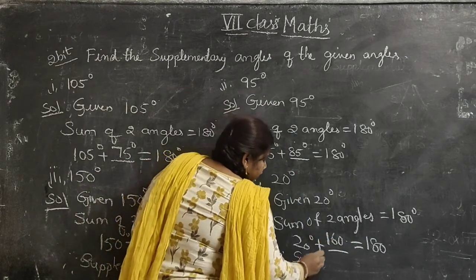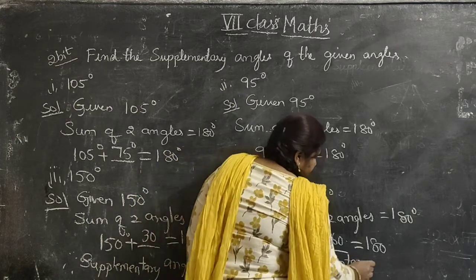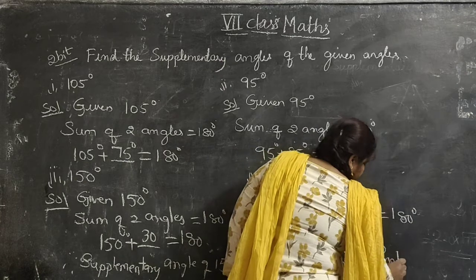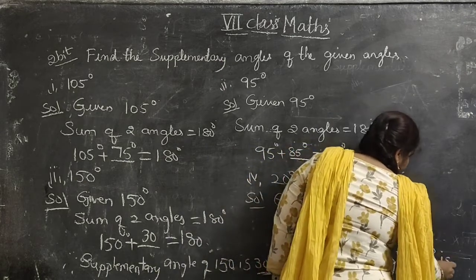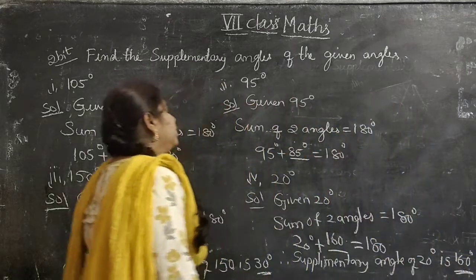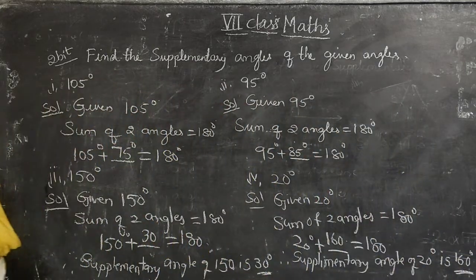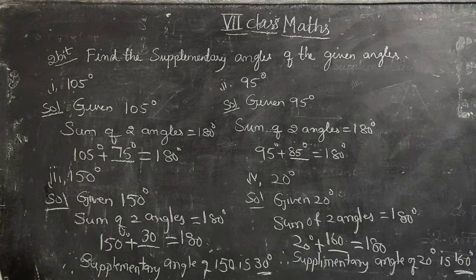So therefore, what will you write here? The supplementary angle of 20 degrees is 160 degrees. So this is our second way of finding the supplementary angles of the given angles. Next one is